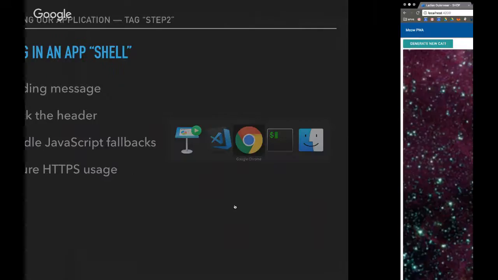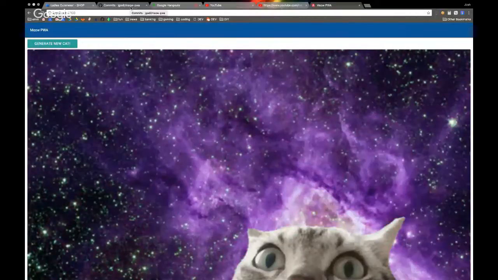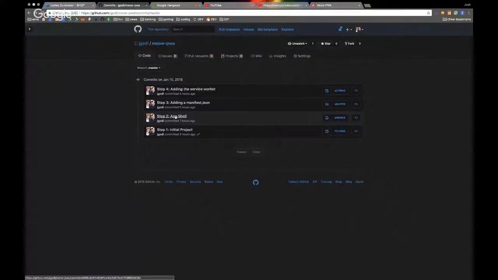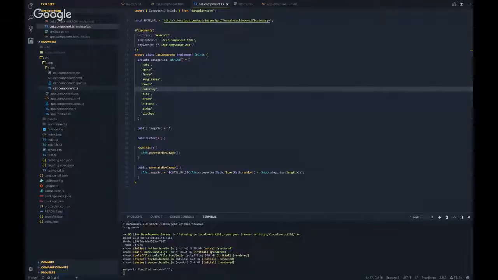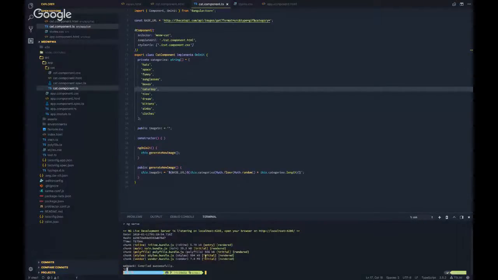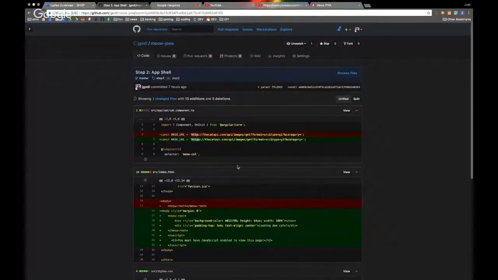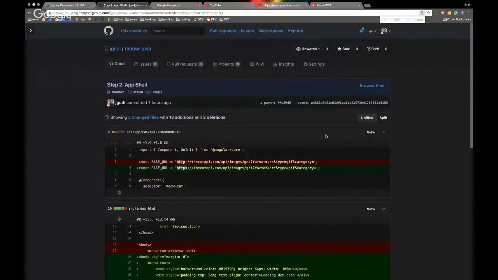What I'm going to do for these is not check out each different step and peruse VS Code. We're just going to look at the git diff on each commit. So if you're following along at home, you'll fill your server, and you'll do a git checkout step 2. What this does is it'll check out step 2, and then your application will be in the step 2 state. So if we look at the source code of what was changed,